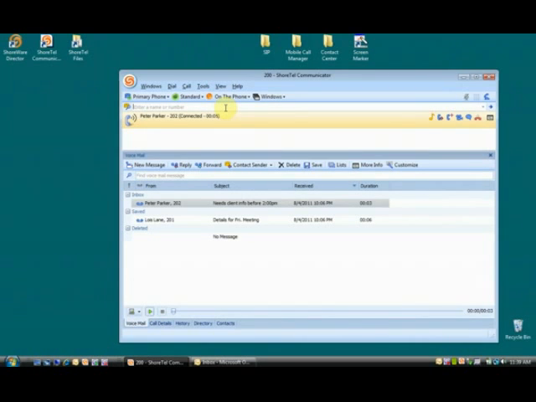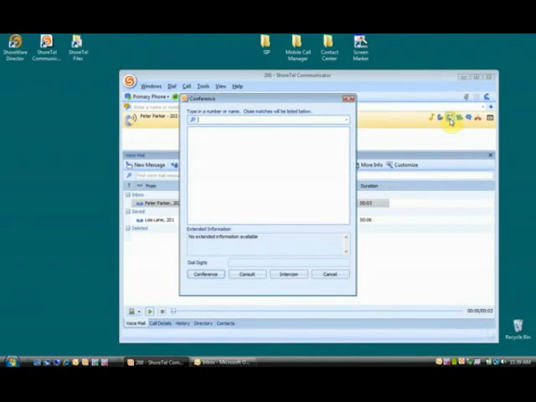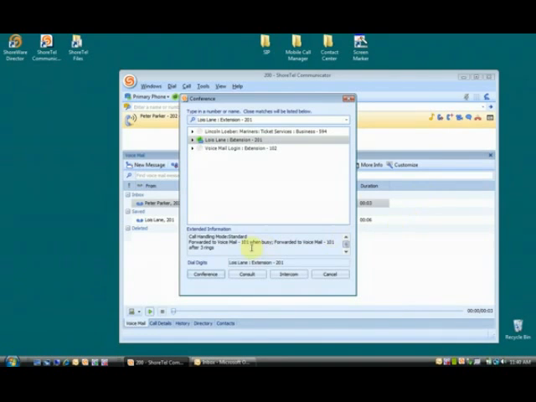Hey, let me see if I can conference in Lois. Hold on a second. I'm going to hit the conference button. Brings up a dialog box where I have additional information, so I can type in LO. Again, these can be internal or external people, doesn't matter. I can choose Lois. If I'm an operator, I'm actually going to see what call handling mode she's in and